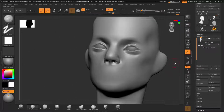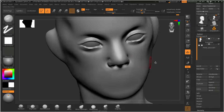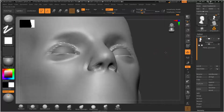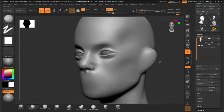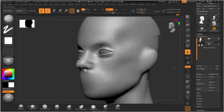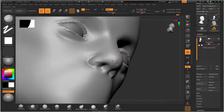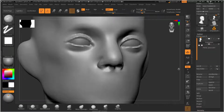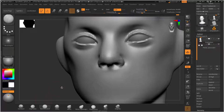Here we are creating a girl, and girls tend to have a small and very refined nose. If you are looking at a model kind of girl, then they tend to have a very sharp and defined nose. So I'm going gentle with the nose at this stage, and let me use my Dam Standard. Here you can see when you do the nose,